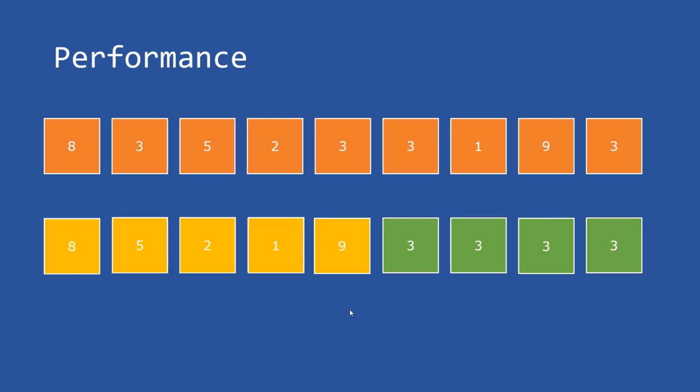So in this approach, we are looping through our array only once. If my array is of size 10, I need to loop through 10 elements. If it becomes of size 100, I need to loop through 100 elements, and if it is of size n, I need to loop through n